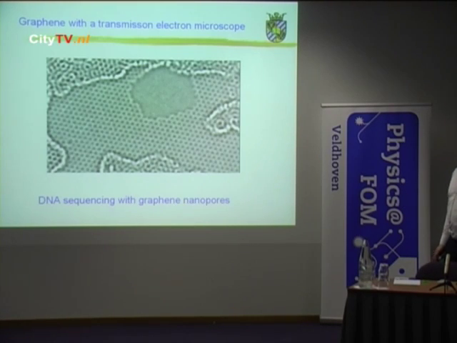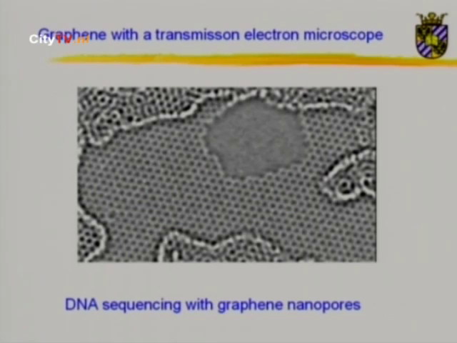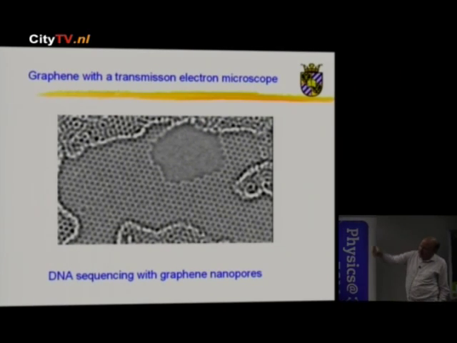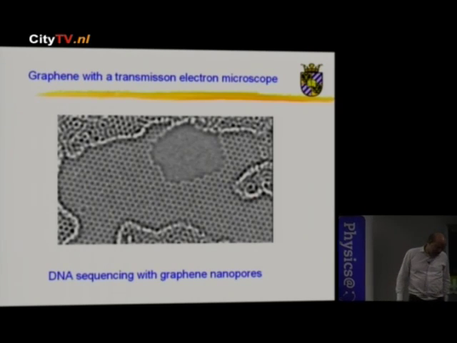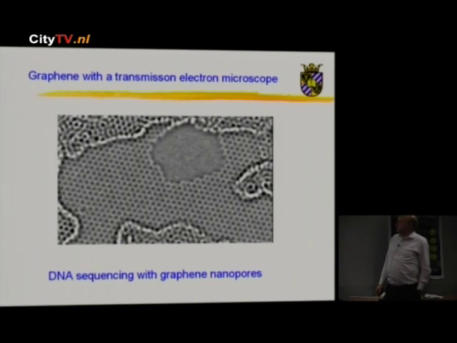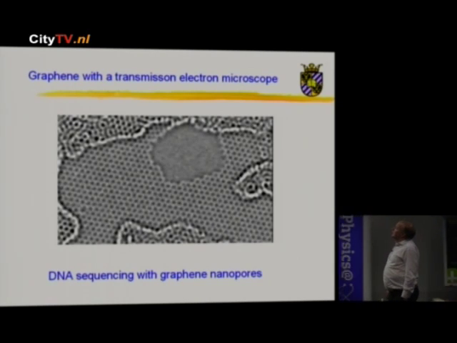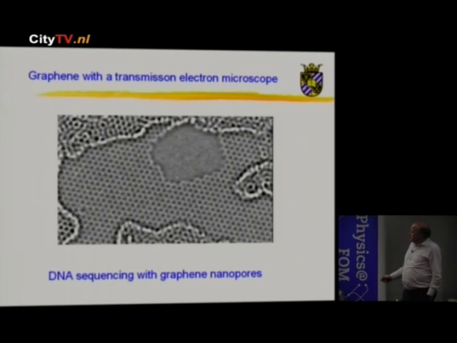It's more difficult for ions to go through. And if then a smaller unit follows, the conductance goes up again. And then, of course, you can sequence DNA with this technique. So this is a little bit of future activity, but still it shows what you can do with this kind of